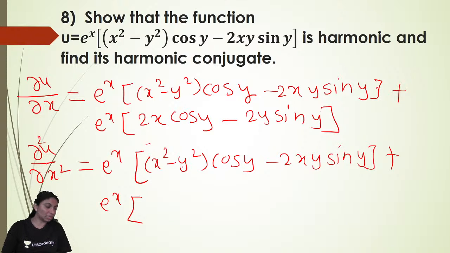Derivative of this is again, you will get 2x into cos y minus 2y sin y. Right? So this will give you e raised to x into bracket 2x plus 2